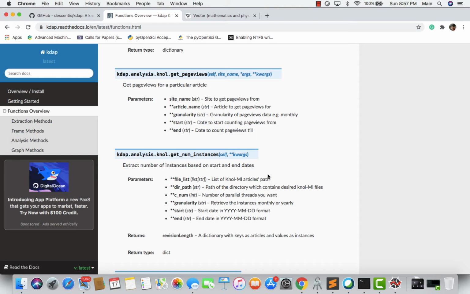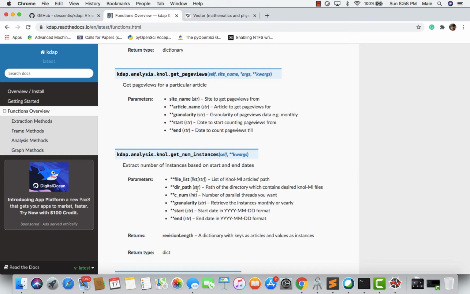By number of instances, I mean the number of revisions which are present in these two articles. As I told earlier, in Wikipedia, when we download the whole revision history dataset, the whole revision history of an article is downloaded, and the revision history contains which contributor edited what information at what time. So everything is present in that, and now we are going to count how many revisions, or instances, are present in a normal file or Wikipedia article.